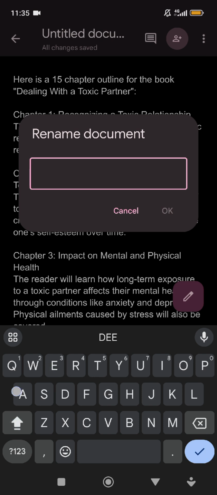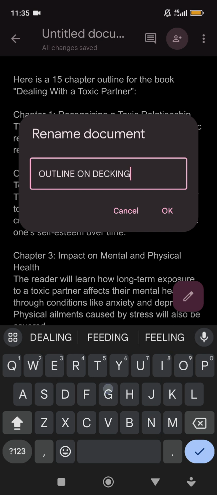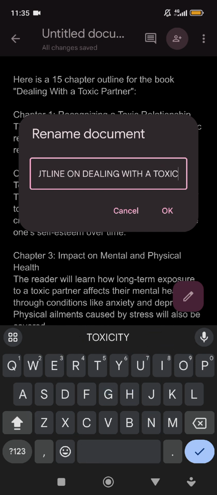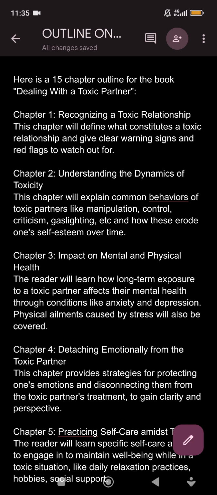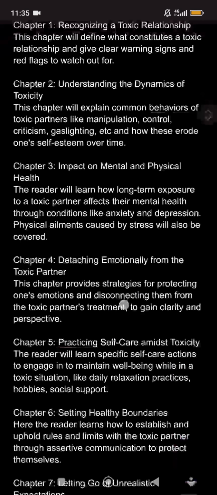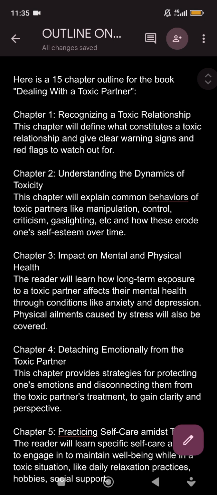I can just say outline on dealing with a toxic partner. It's just an outline. I've given it a title. It was an untitled document before, but I've given it a title. So having done this, you can now work with this.